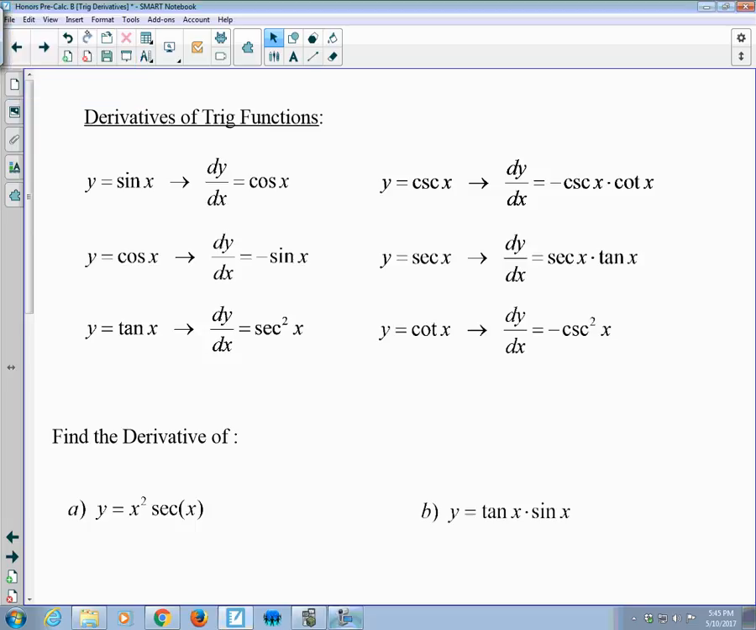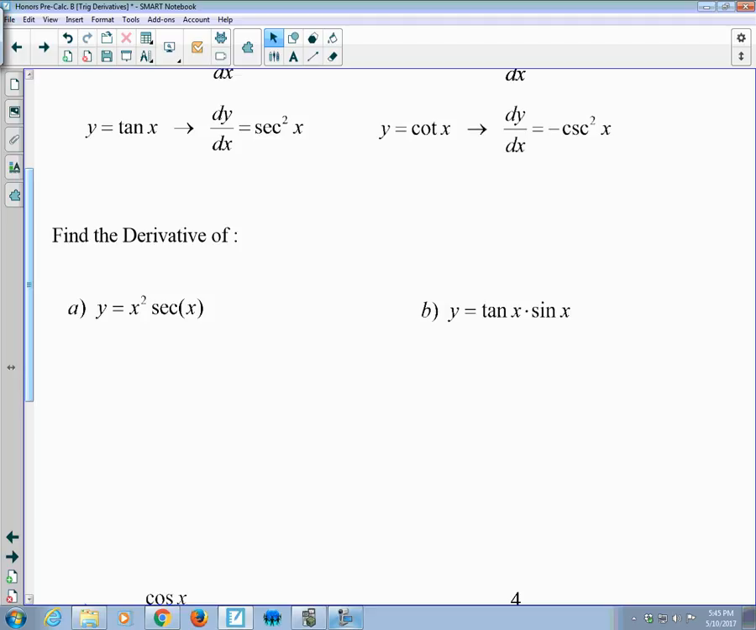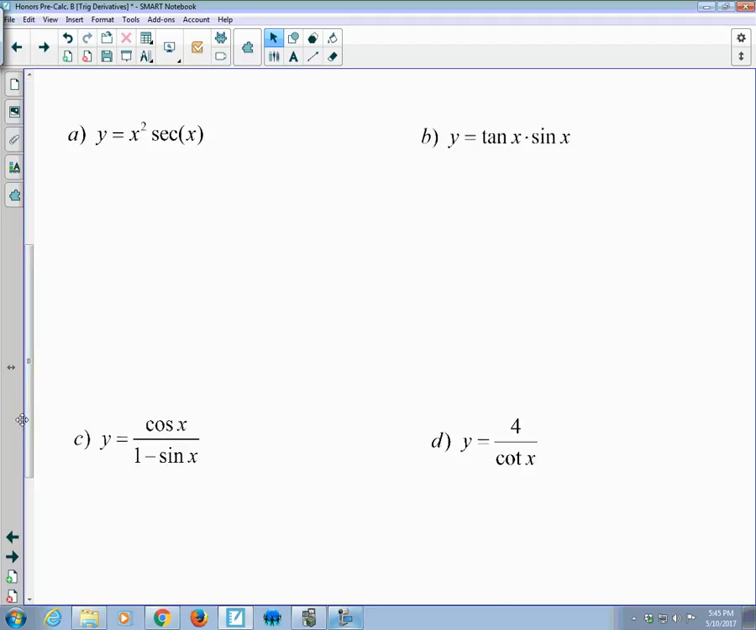Okay, so with the derivatives of these trig functions, we can evaluate the derivatives of functions that are the product of expressions involving trig functions, and also the division or the quotient of expressions involving trig functions. So for example, if we're looking at A right here, we've got the function y equals x squared times secant x, and our x squared could be considered our u, and our secant x could be considered our v, and to take the derivative of the product of these two expressions, we would need to use the product